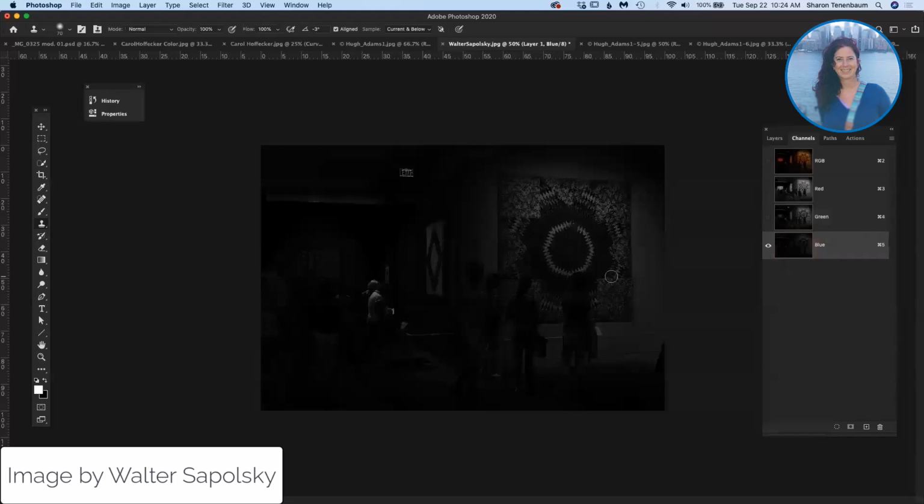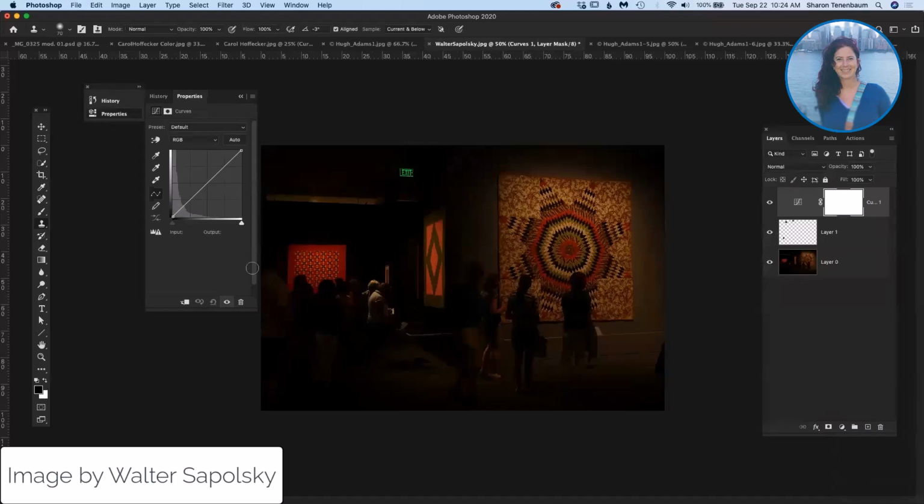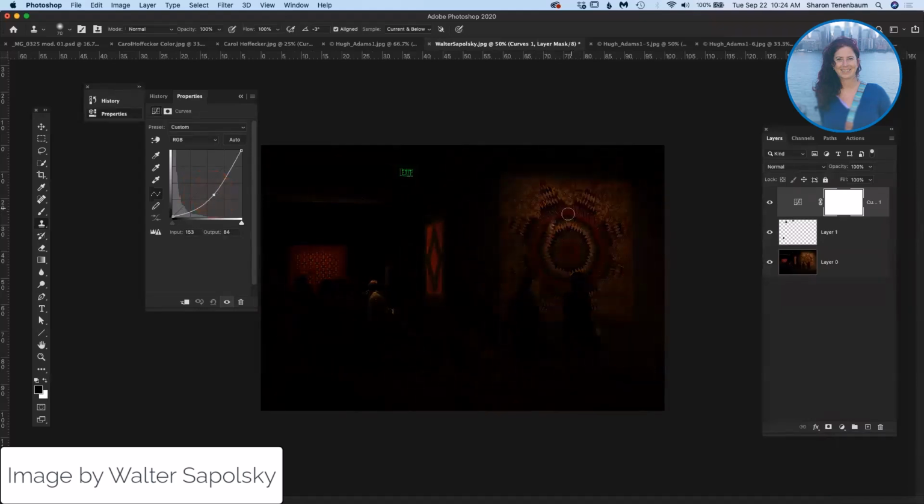And the blue is even bringing out the widest tones here. Okay, so if I did the same concept like I did in Carol's image, remember we said we're going to darken everything. So if I darken everything, but I don't want to darken the areas on the quilts,